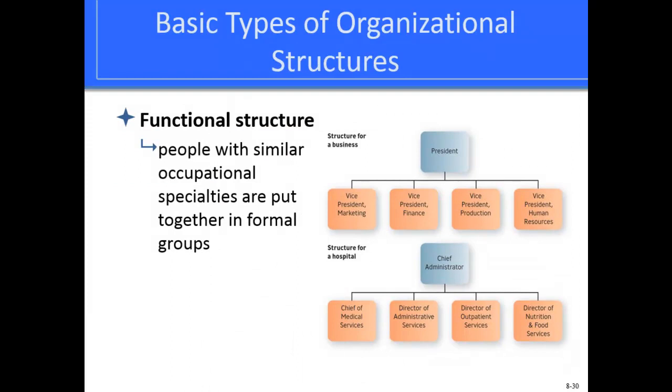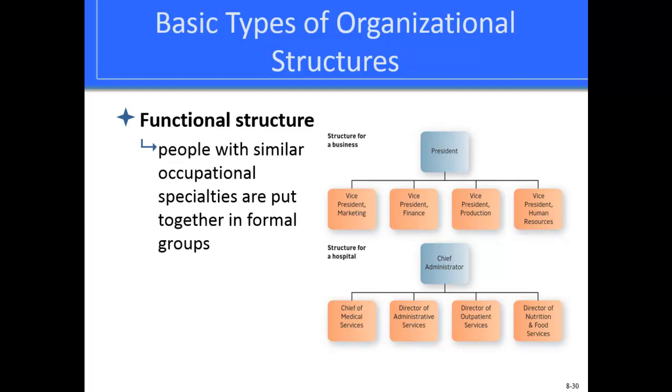The functional structure. It's kind of like grouping by similar work specialties. In a functional structure, people with similar occupational specialties are put together in formal groups. This is seen in all kinds of organizations, such as for-profit as well as non-profit agencies. And looking at our diagrams here, you see we have two different businesses or organizations, but they have the same type of structure. We have one person at the top, and then we have people grouped together in formal groups